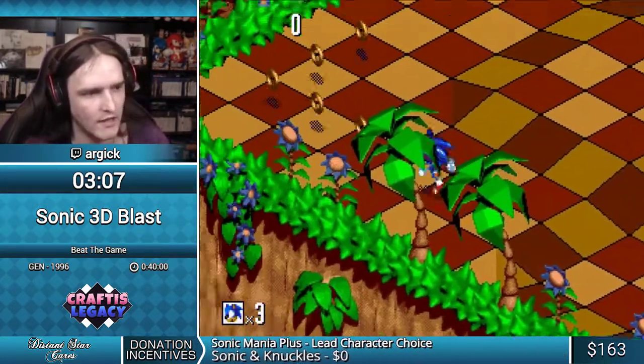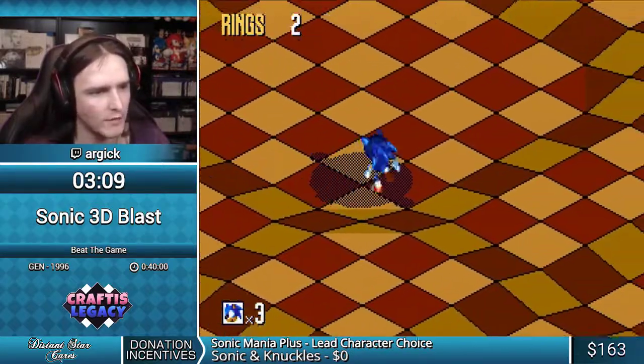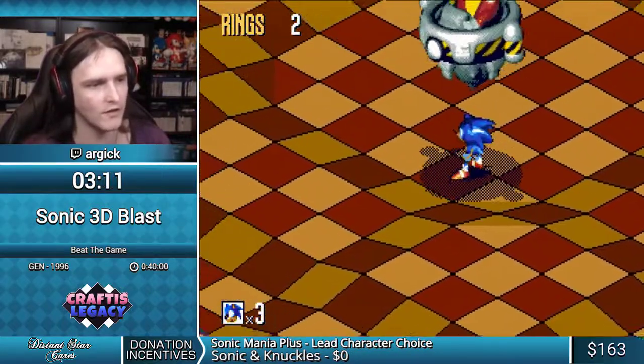And we've got our first boss here. He's going to drop a nice ball on us. Hopefully we'll get an optimized kill here. He's going to drop this on us, and we just want to...